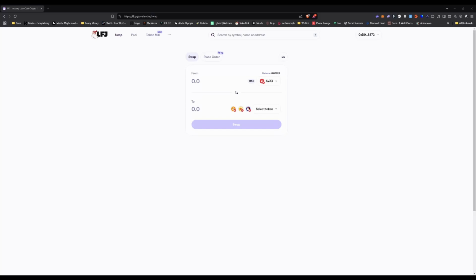So yeah, today's video is about LFJ's trading terminal, screener and limit orders that's in beta. So if you're looking for an easy way to discover legit tokens, trade seamlessly and set limit orders with zero slippage, you have to check out LFJ's brand new trading terminal and screener. So I'll show you how to use it, and we'll also see certain tokens and check out how the trading